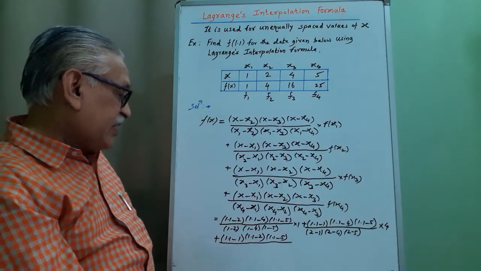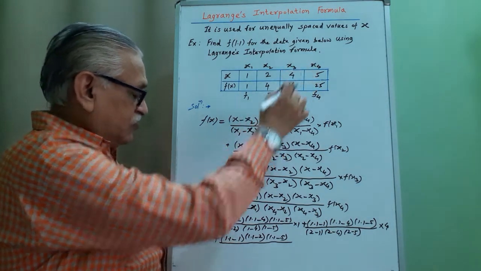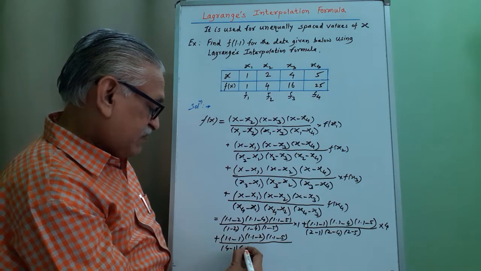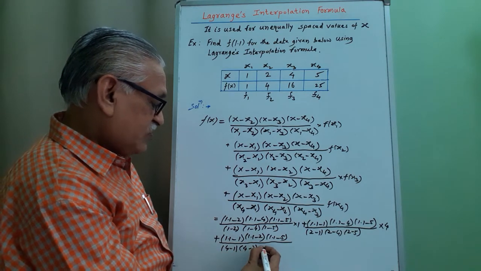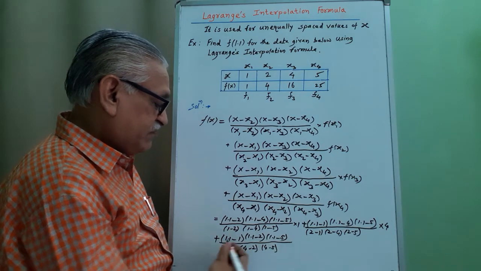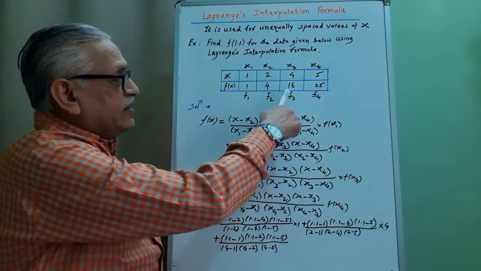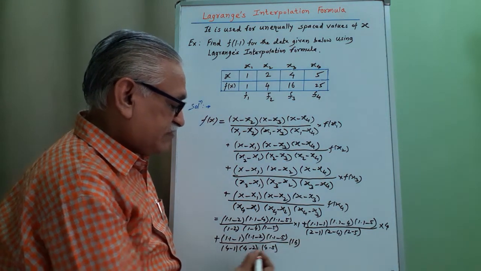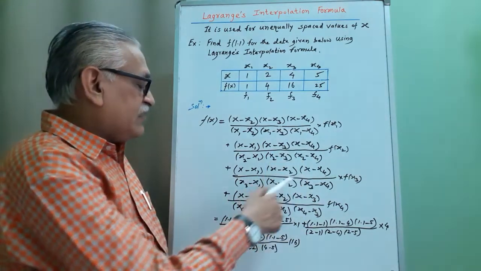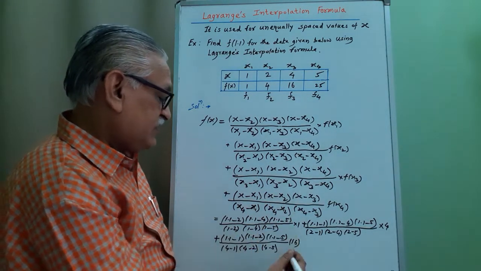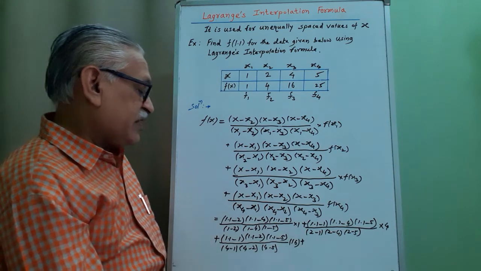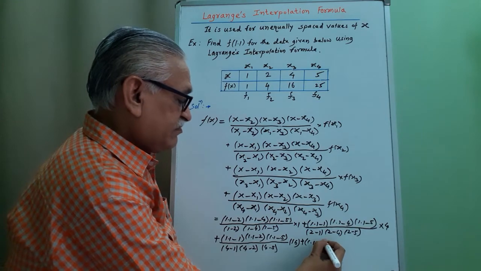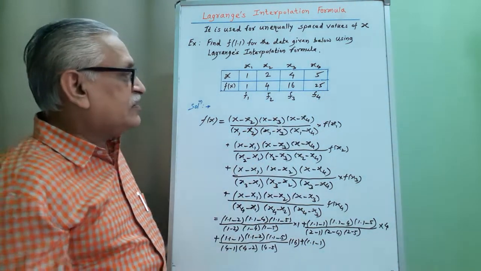Divided by the neglected point, which here is 4, therefore it is 4 minus 1, 4 minus 2, 4 minus 5, multiplied by f3, the value of f3 is 16, into 16. And lastly, finding the value of this last term, x minus x1, it is 1.1 minus 1, neglecting 5, therefore